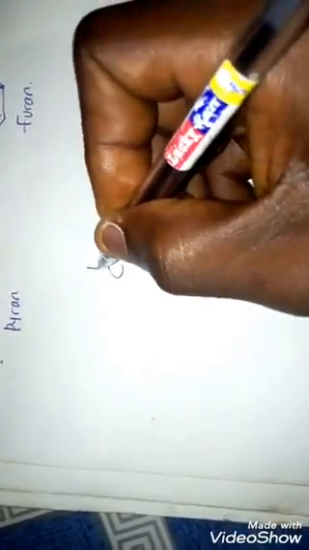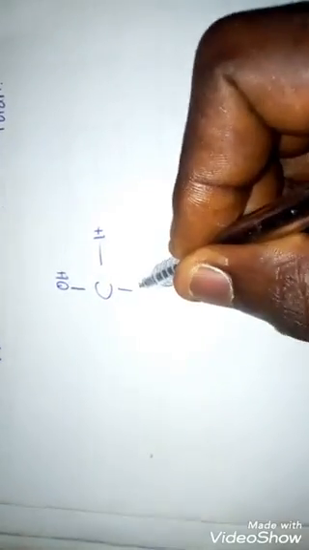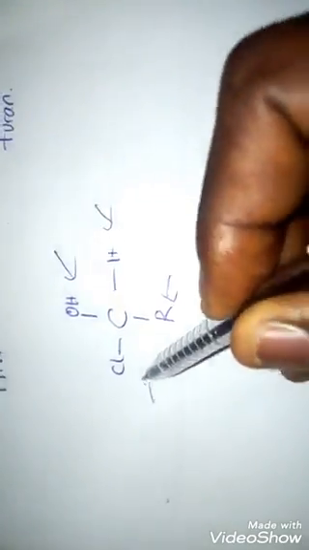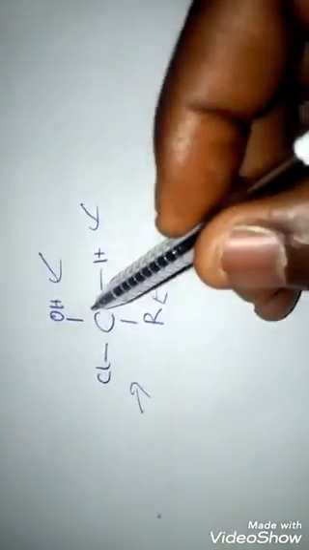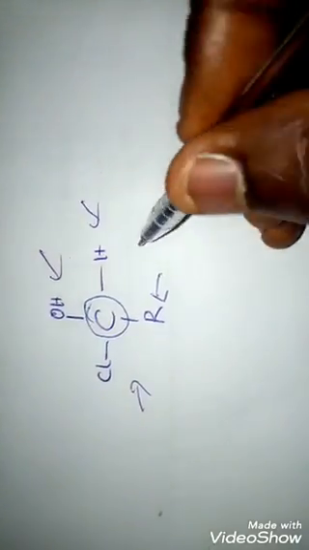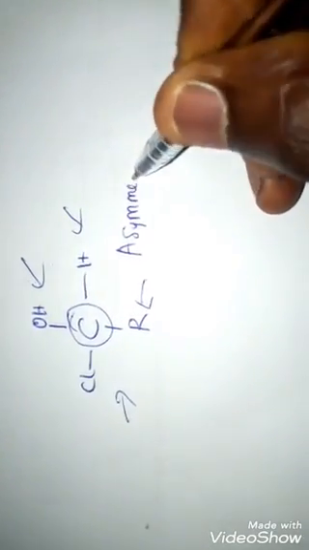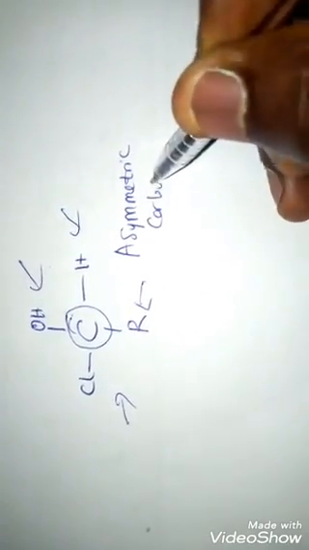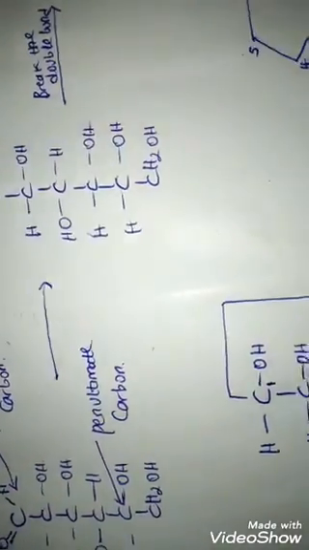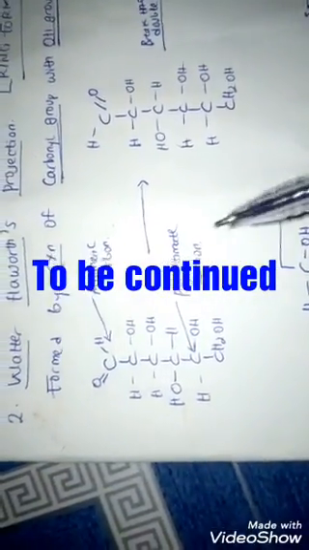Let me give an example here. Let's say this is a carbon and I'm having different groups. Let's say I'm having hydroxy here, I'm having H here, I'm having an R group, alkyl, and let's assume I'm having Cl here. Just assuming. Now if you check these 4 groups, 1, 2, 3, 4, they are all different. So this carbon is an example of what? An asymmetric carbon. All the same, let's continue. So we now said our reaction, if you want to form our Haworth reaction,